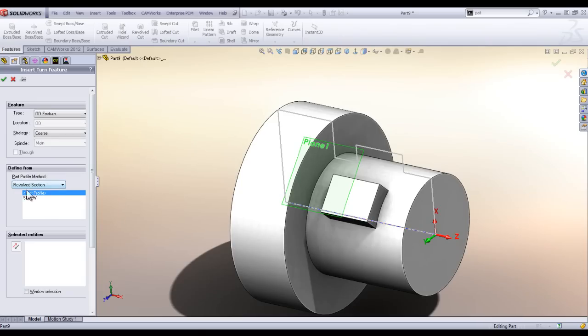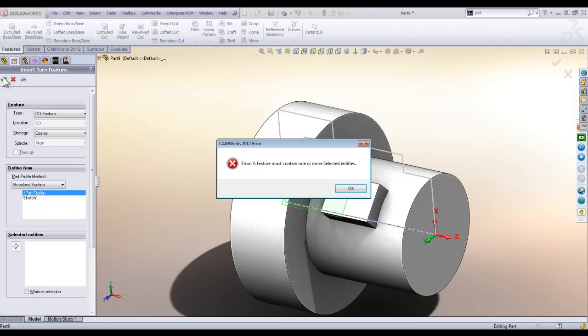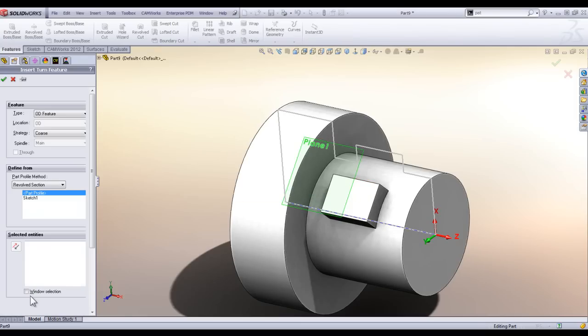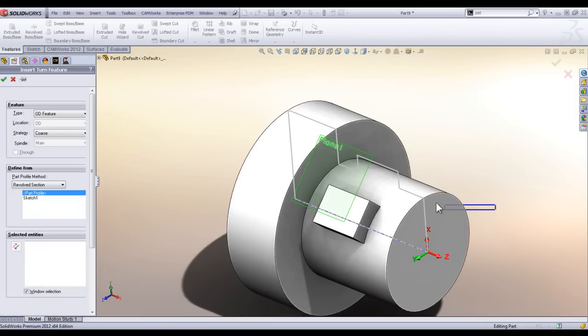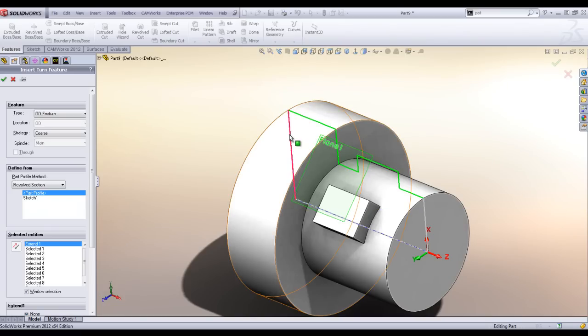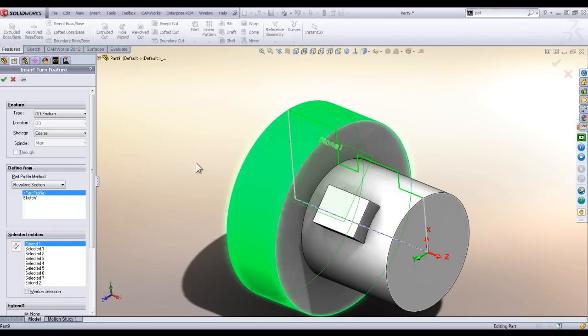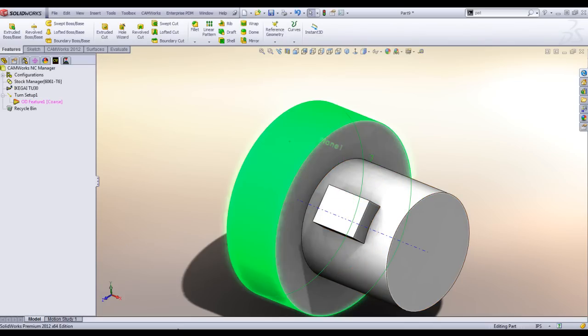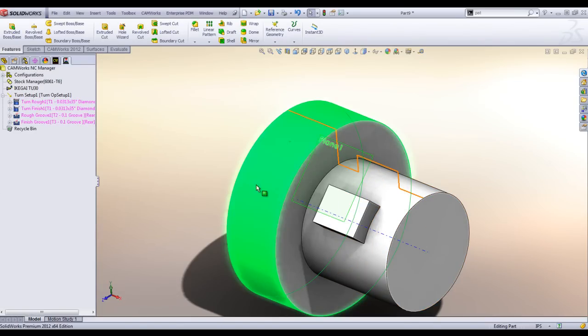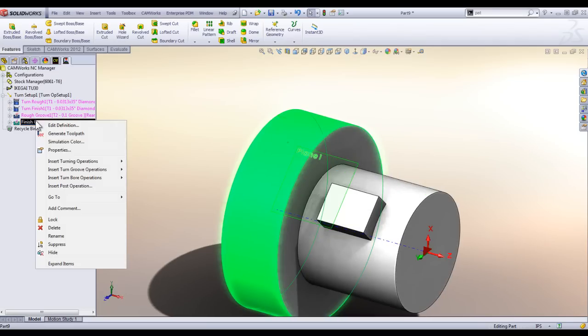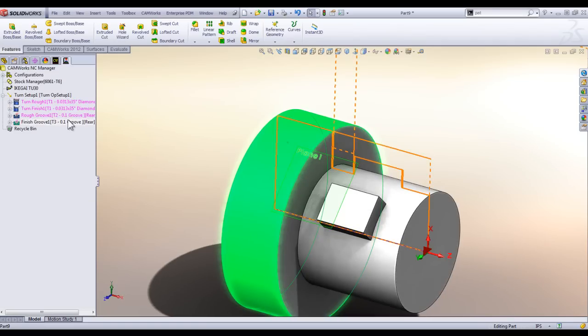All right. And I didn't select anything. Okay, so let's just go in here and window some stuff. Now where we're at, I'm not going to take the back end there. Now it's going to insert a groove. Operation 2 doesn't really matter. Generate that. All right, the next thing I wanted to show you, if I insert the finish operation here,